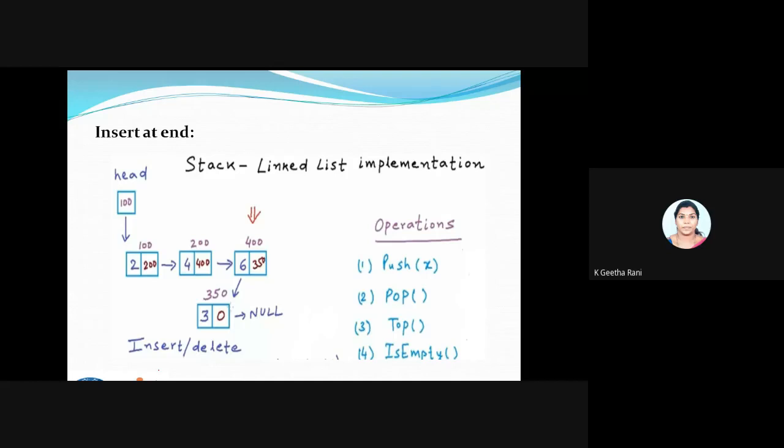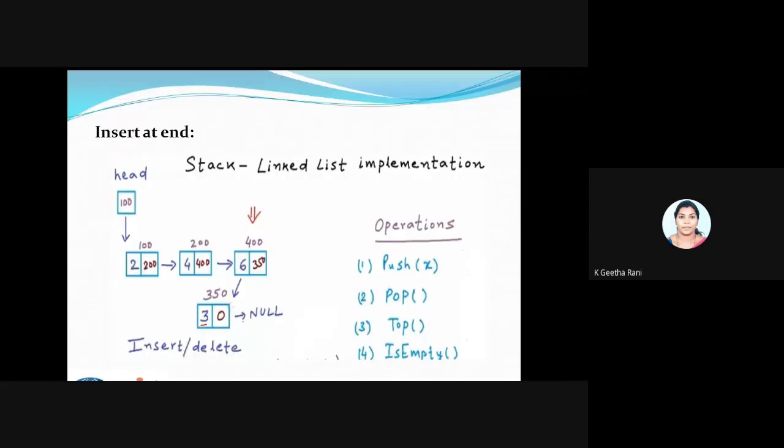You can see I'm inserting a new node. The node has data 3. Since I'm going to insert at the last, I'll make the address 0. This particular node has an address, and that address will be pointing to this particular node. This makes a link. This concept of making a link and removing a link, I'm just showing a diagrammatic view of insertion. That's all. I'm not going into any logic or programming code here.